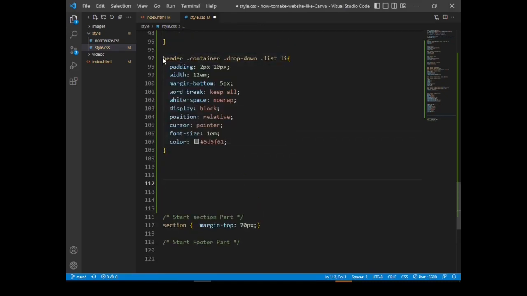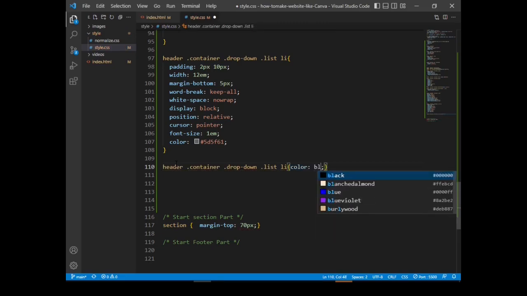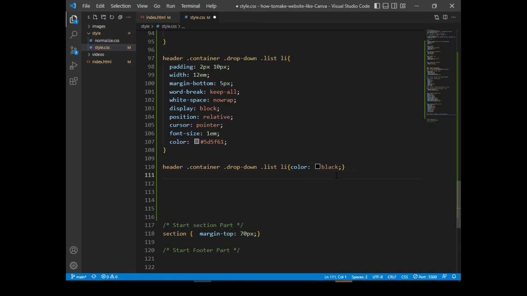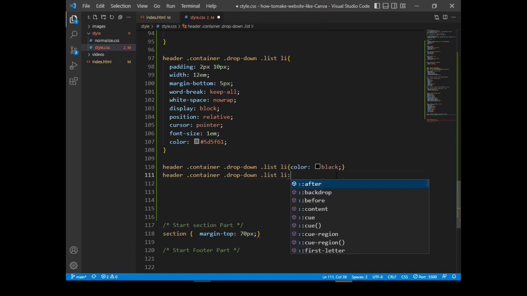Now I want to style on hover. Just copy it. I want the color of the text to be black. Then on the first child of the list, I want to set a border at the bottom.